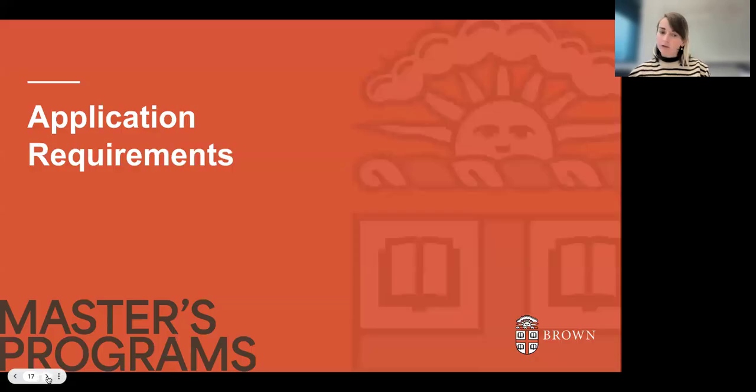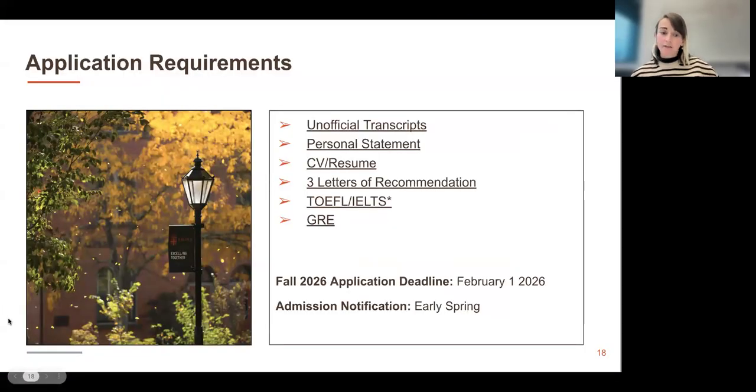And we'll get started on looking at what a basic application looks like. David had mentioned that as far as applicable backgrounds, it's fairly open for this program, except for some small prerequisite courses. The program is open to a variety of different backgrounds, so you're not going to see specific majors that we're trying to target. It's really just somebody who has some background in statistical training and a clear career objective, and who sees that this program is going to help them achieve those objectives.